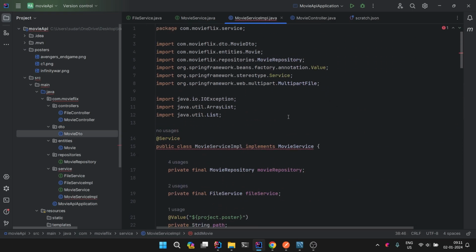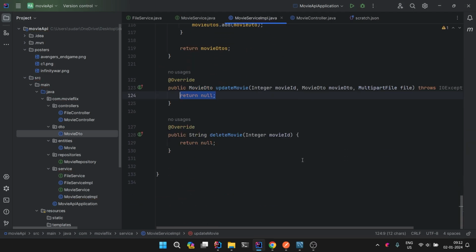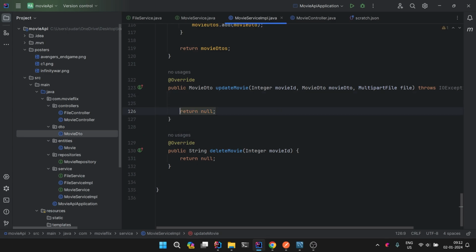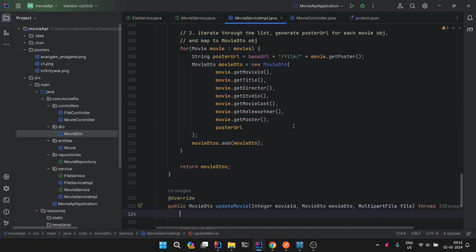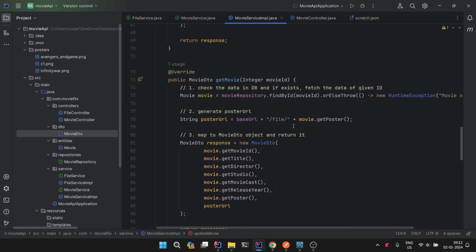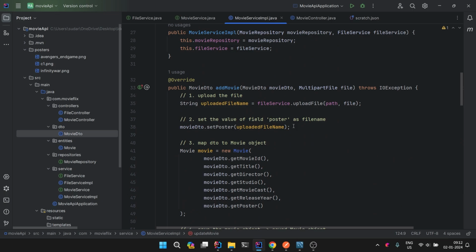Now coming to MovieServiceImpl, let's implement these methods. So first is update and second is delete. Now before we move to these methods, yesterday when we were doing the add one, there is a small logical issue that can arise while adding. What that issue is: whenever a new movie is being added and we are uploading the file,